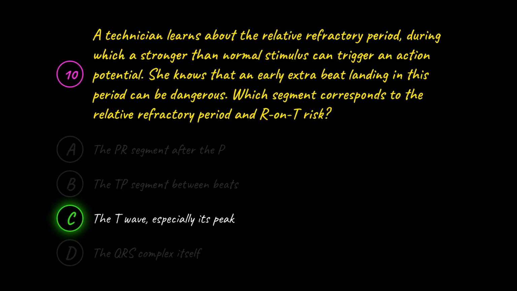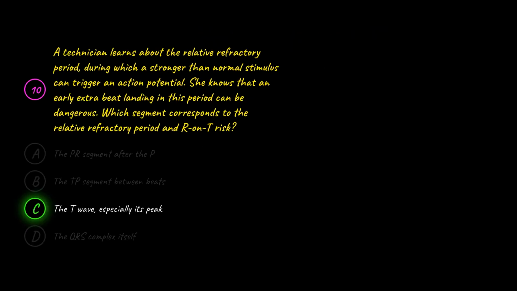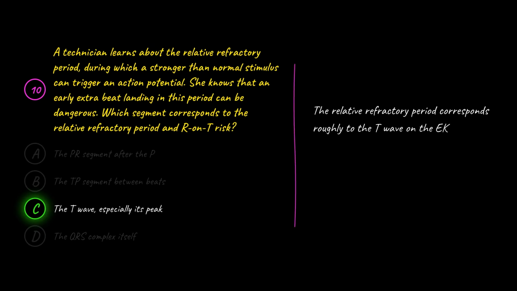The correct answer is C. The T wave, especially its peak. C is correct because the relative refractory period corresponds roughly to the T wave on the EKG, with the peak being particularly vulnerable. A premature ventricular complex landing on the T wave is the classic R on T phenomenon that